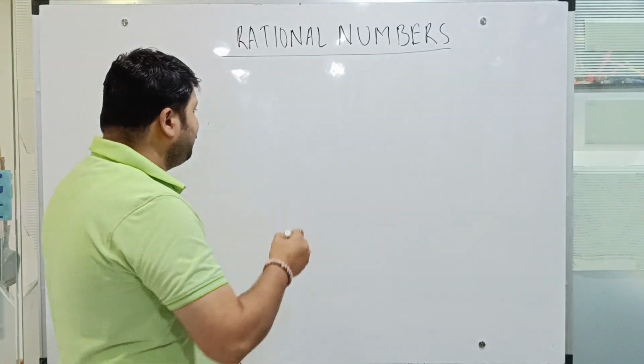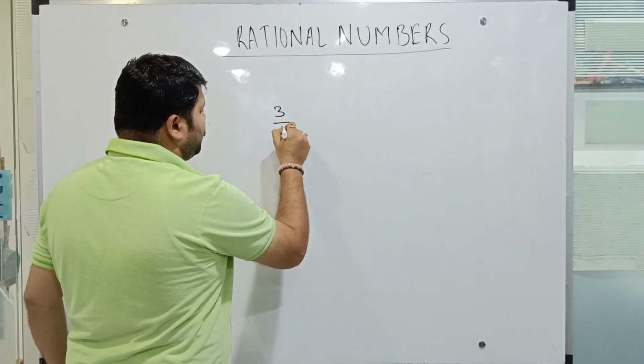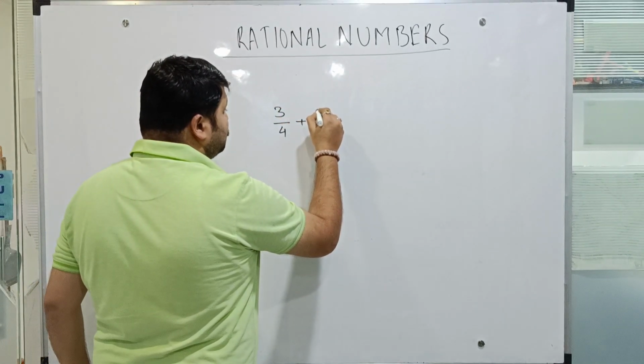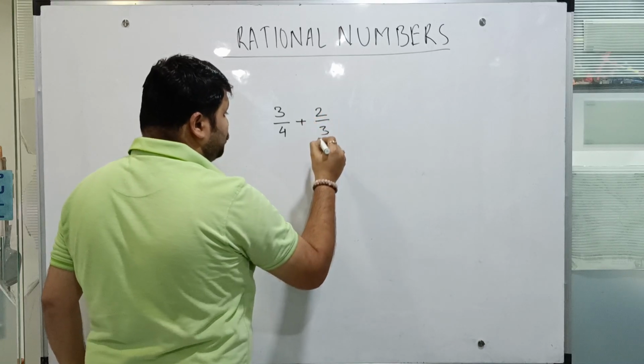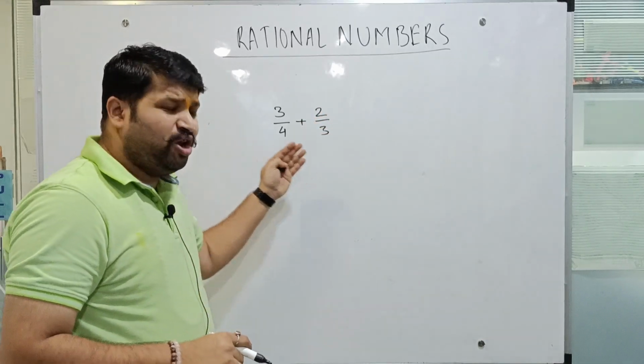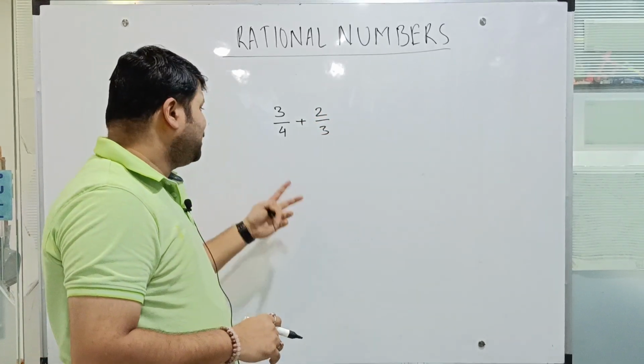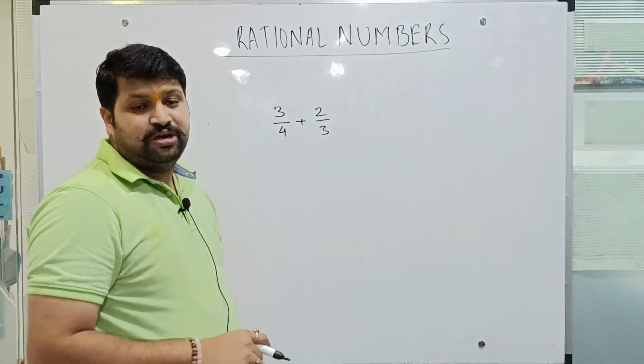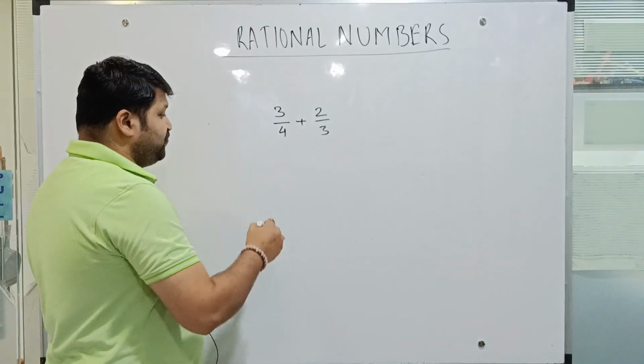So in case I have 3 upon 4 and I have to add 2 upon 3 to it, I cannot add or subtract unless and until the denominators are the same. So the first thing